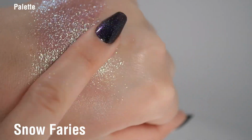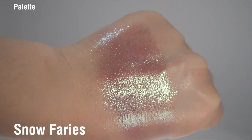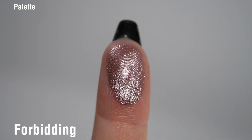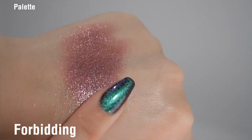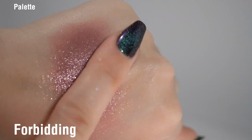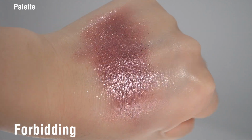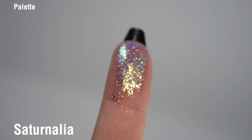Snowdrops, Aurora, Saturnalia, and Snow Crystal are the most flaky. They have the largest flaky particles in here. They feel a little softer to the touch because they are basically pressed flakes. I would recommend using these with a finger or with a tacky primer, and making sure you don't put on too much. And then Snow Fairies and Storm Fairy are also a little more textured,